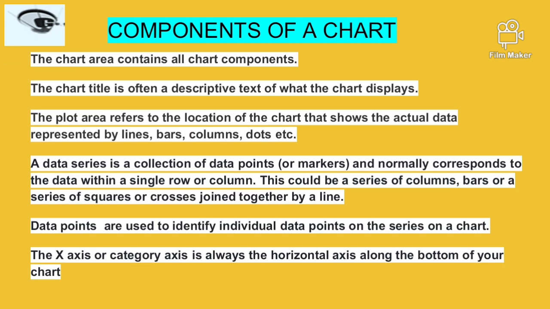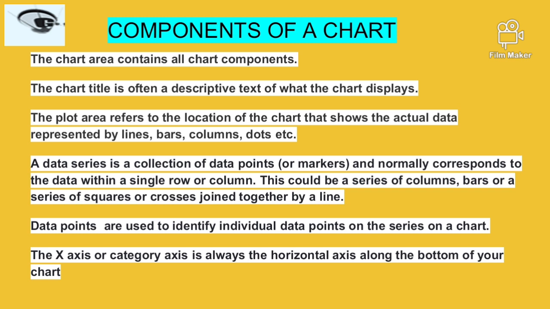Now, there are some components that make up a chart. The charts are made up of different components: the chart area, the axis, the chart title, the plot area, etc. The first thing that we should discuss is the chart area. It is the main area that contains all the components of the chart. All the components that make up a chart, whether they are the data series, the plot area, the axis, the grid lines, the legends, etc., are all formed on the chart area. So the chart area is the main area where the main chart, along with all its components, is created.